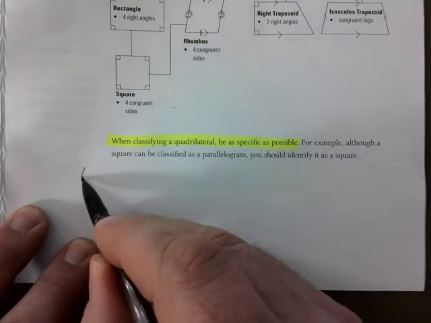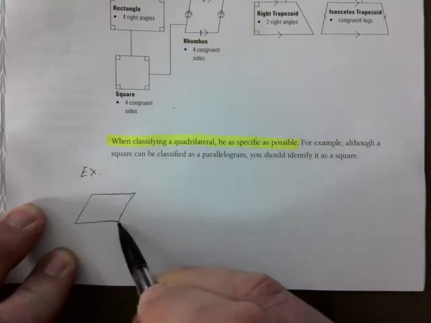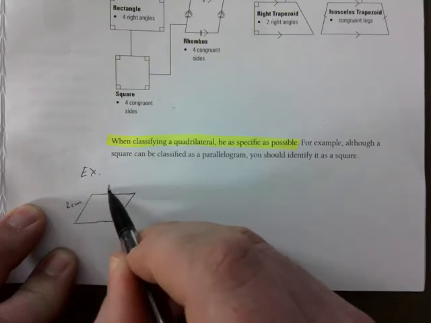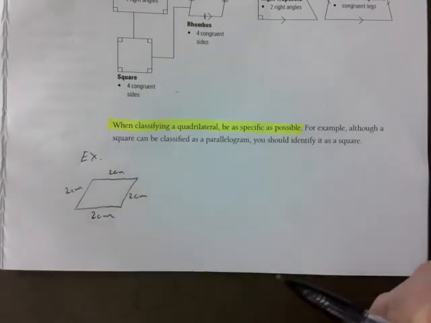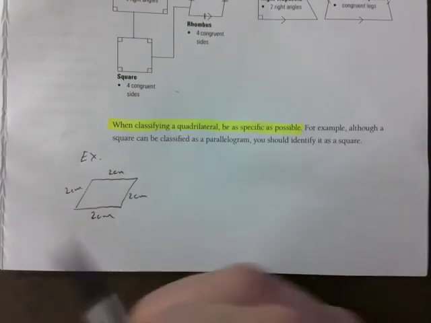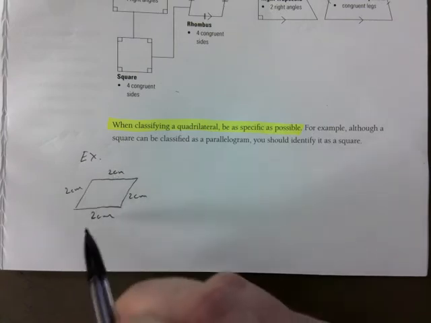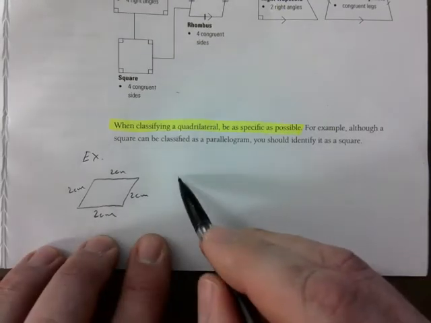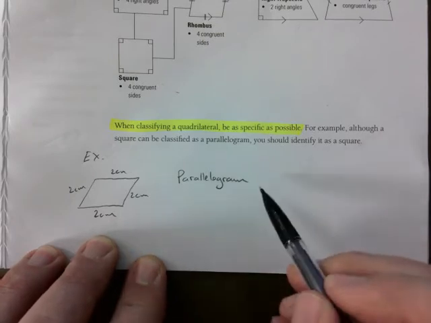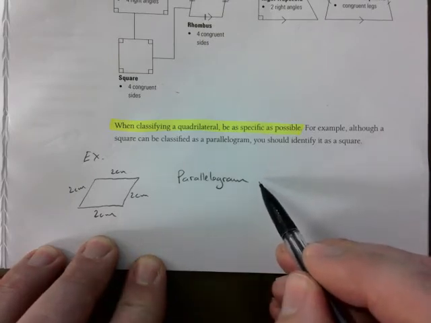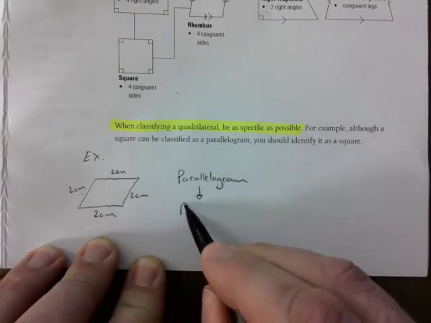So for example, if I give you one of these, right? I say that this is 2 centimeters, 2 centimeters, 2 centimeters, 2 centimeters. You have to be very careful because I trick you sometimes, like I make them look different, but if you look carefully, look at these numbers. Parallelogram, it could be a parallelogram, but specifically enough, all 4 sides are the same, it's a rhombus,